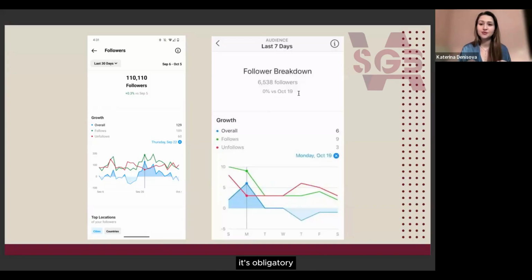It's obligatory to make good quality content, but not enough to make your account popular. You should promote your account through hashtags, through good quality reels, through bloggers' integrations, maybe through Target, etc. So good content is the first step, very important, the fundamental step, but not the only one, okay?